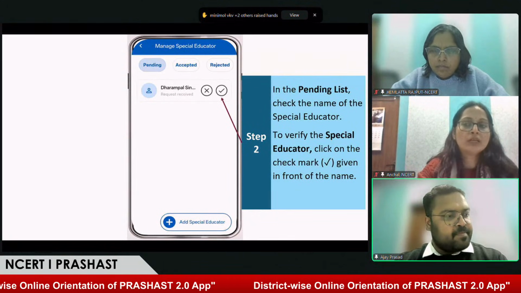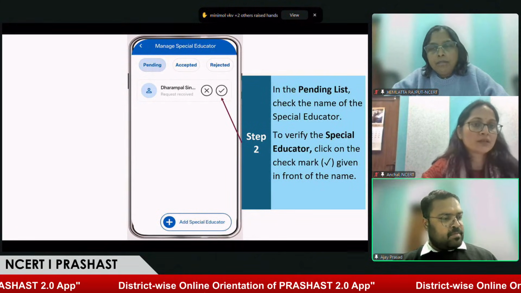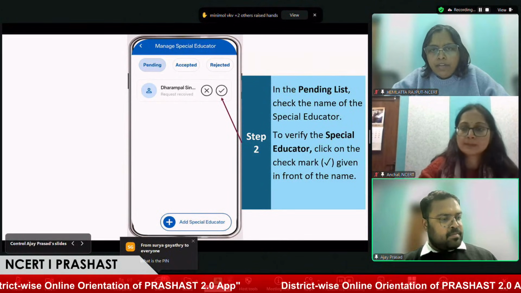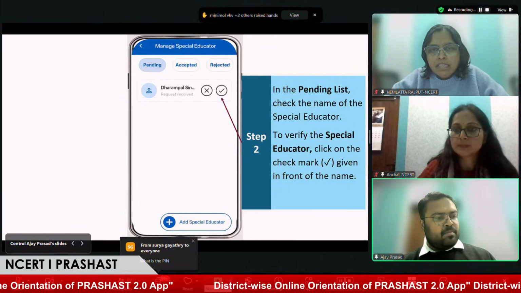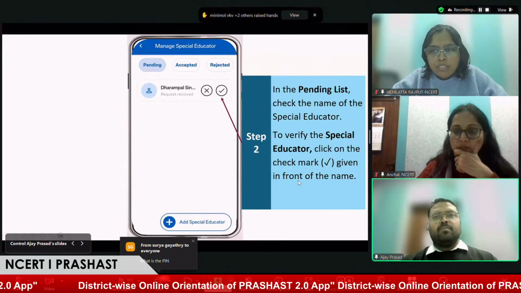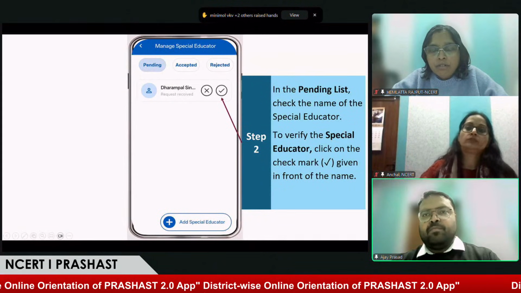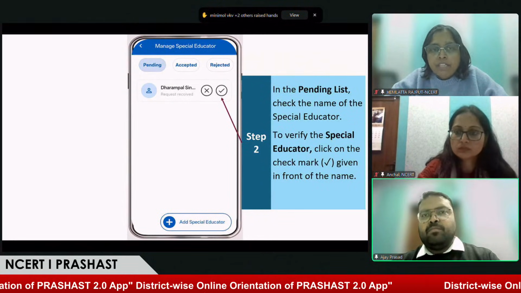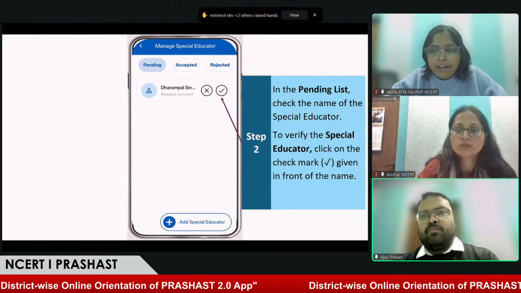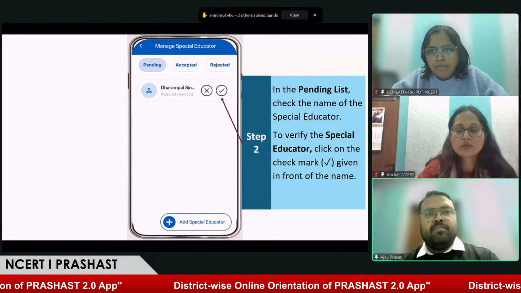Yes. So, Hemlatta ma'am, we have one more question. Is this application only for special schools or CWSN students only? I think that is a completely wrong understanding. We need to understand this is the screening we have designed for each and every student. So this is applied for every student. It is not only for CWSN schools or special schools. It is for every school and every child. We need to keep this in mind and try to reach out to each and every child in our school.